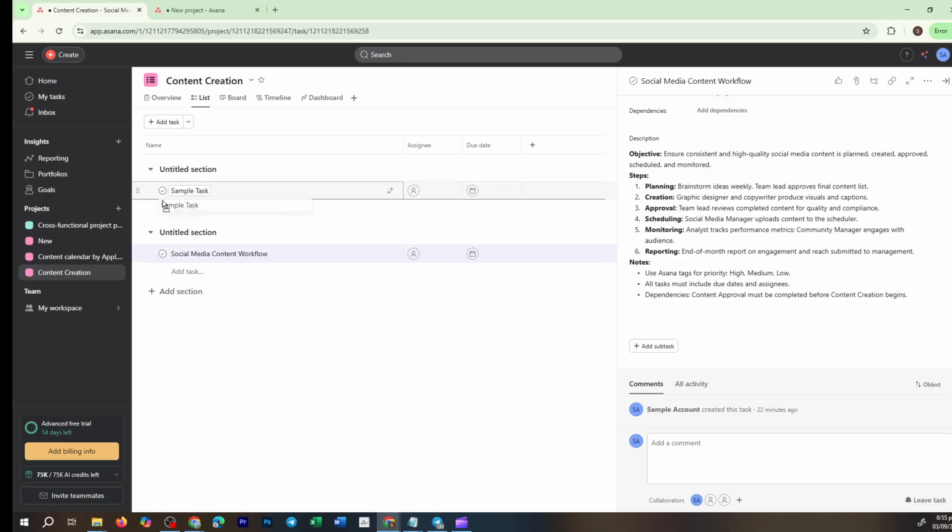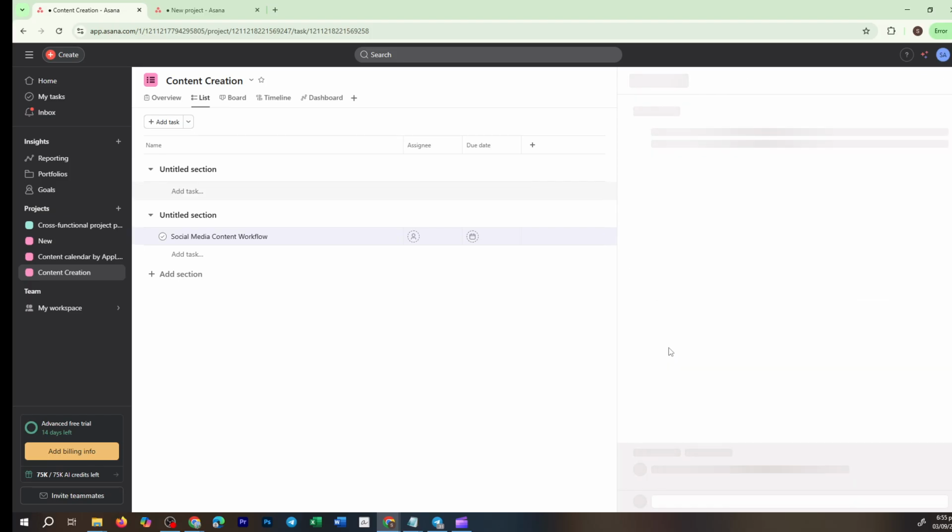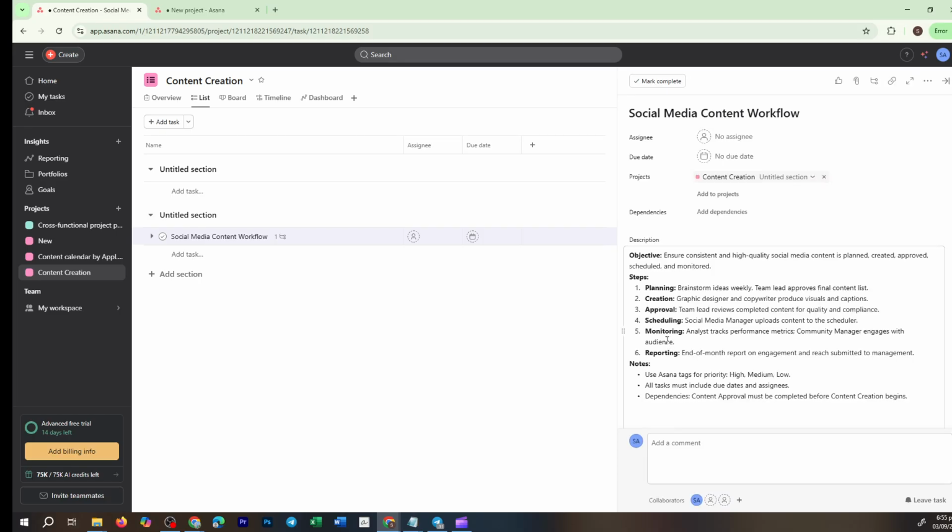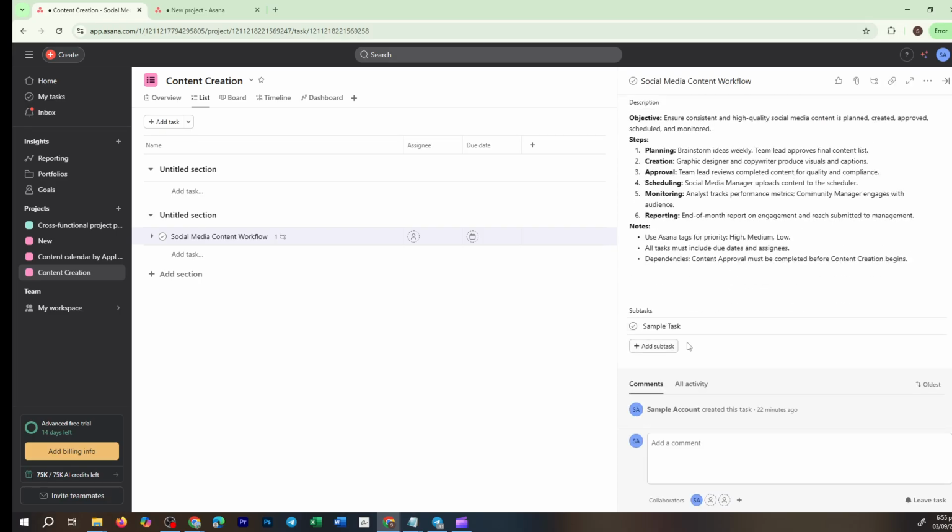You're looking for a spot labeled Add Subtask. It's crucial that you drag the task directly over this section. Once you're hovering over Add Subtask, simply release your mouse button. Instantly, you'll see that your previously standalone task is now nestled underneath another task in your list, officially making it